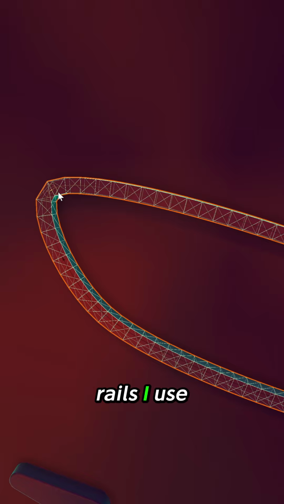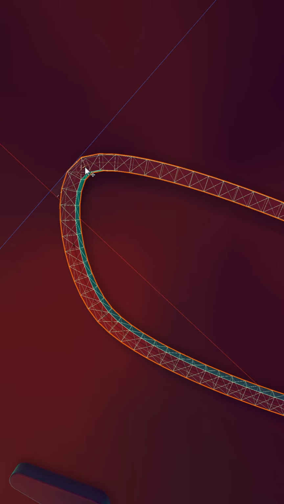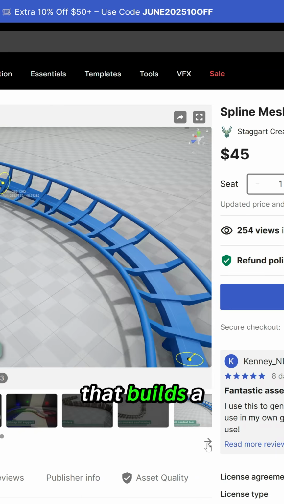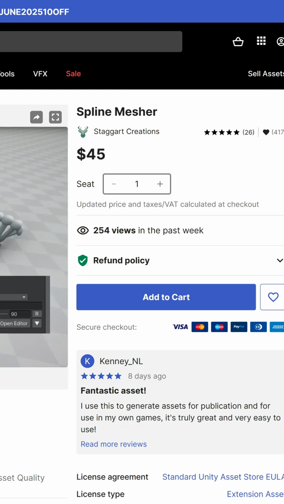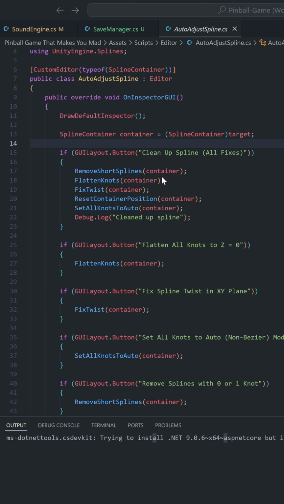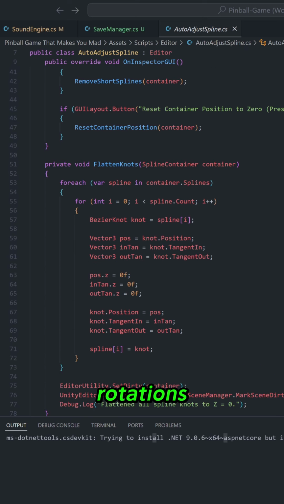To make the rails, I use the Unity spline system to draw out the path of where I want the edge to be. Then I use an asset from the asset store called Spline Mesher that builds a mesh along these paths. The mesh is built from a series of cubes and uses primitive box colliders, so it's pretty efficient for physics. Then I wrote a tool that flattens these meshes against the Z-plane and removes any rotations so they